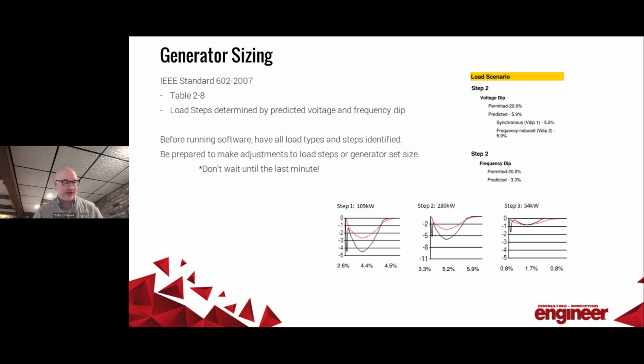Now, when we size these generators, we're going to be looking at the number of steps, the size of those steps, and inevitably it's the voltage dip and the frequency dip that's going to matter. Tom's going to go into more detail in a second, but my point is you want to make sure you plan this early, because not only does it affect generator size, it can also affect the number of transfer switches. And the number and the size of those switches can affect the electrical room layouts, which your design team is going to want as early as possible.